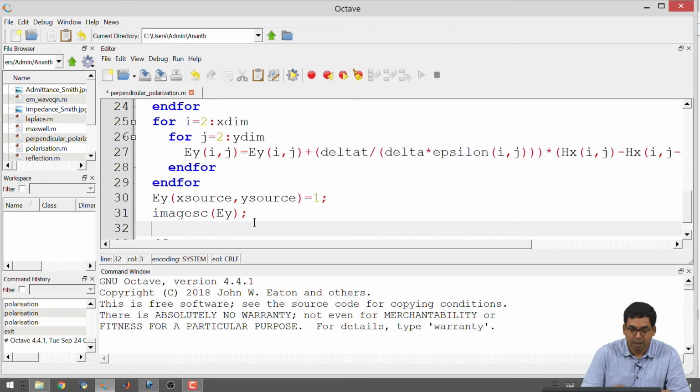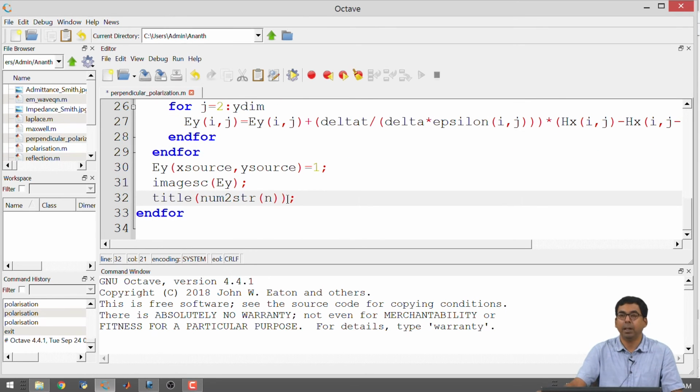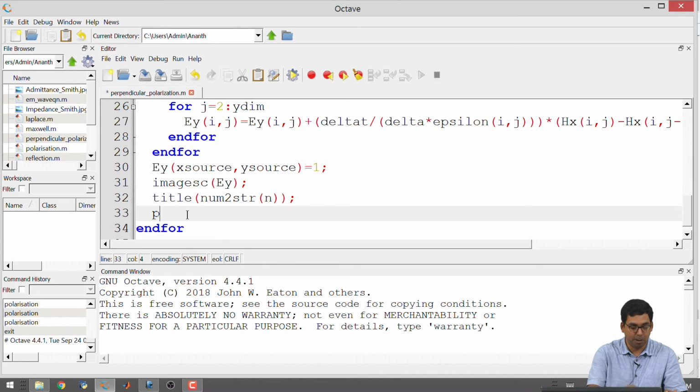And I want to give it some title. The title that I am putting here is the current time instant for which it is solving, so that I can estimate how slow or how fast it is, etc. And I know that if I have these plot commands within the for loop, before it plots, the computer will try to calculate the next arithmetic calculation. So, you need to have a small pause command over here.